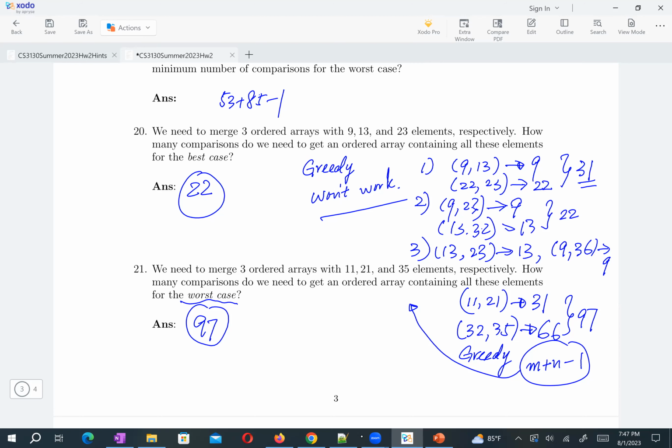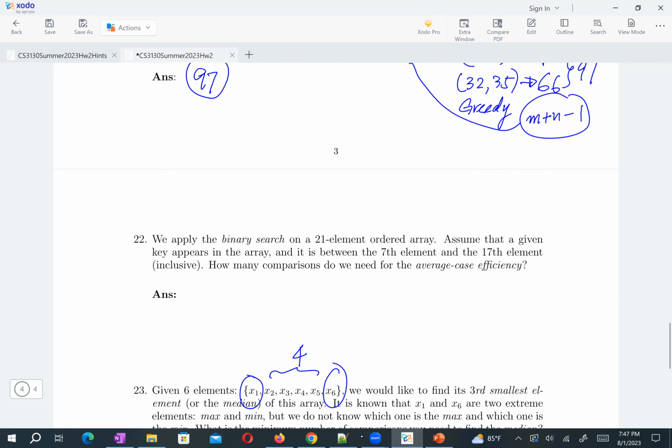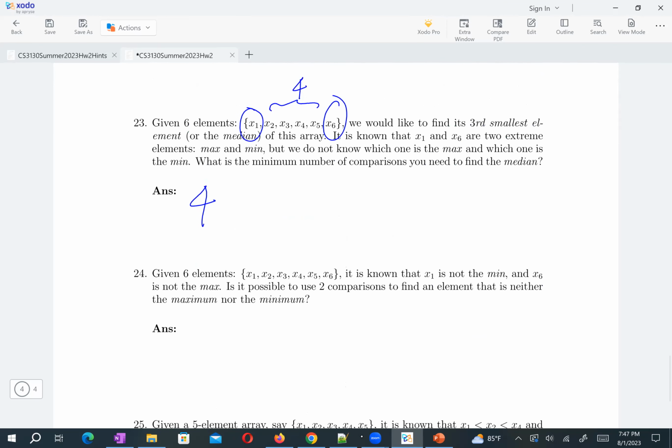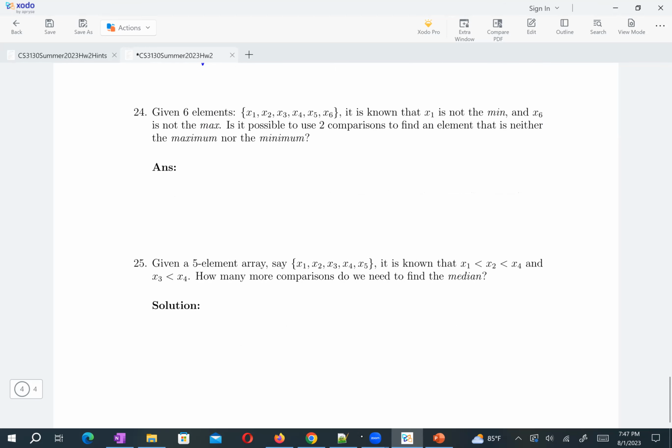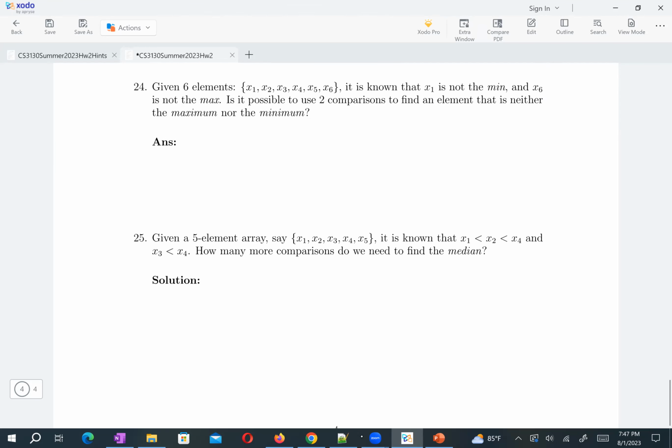Try to understand better. With the remaining 10 something minutes, let me focus on the hardest one. So here, number